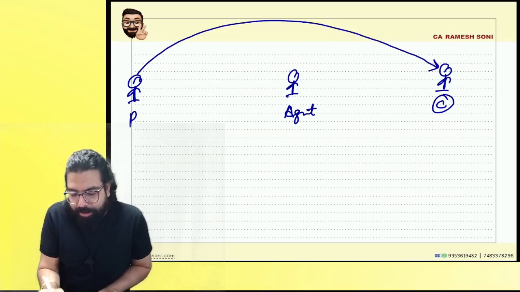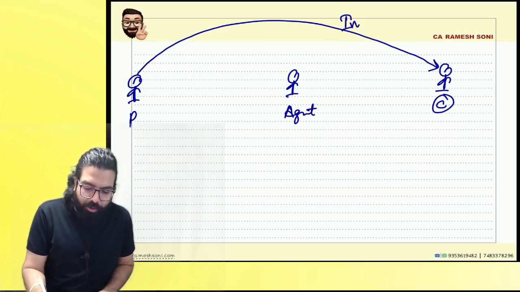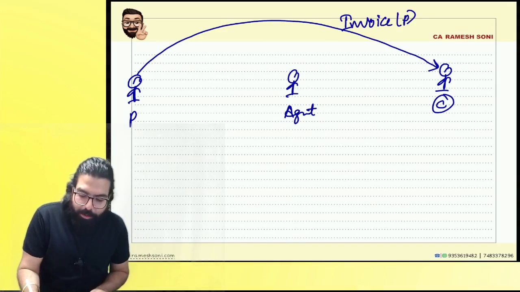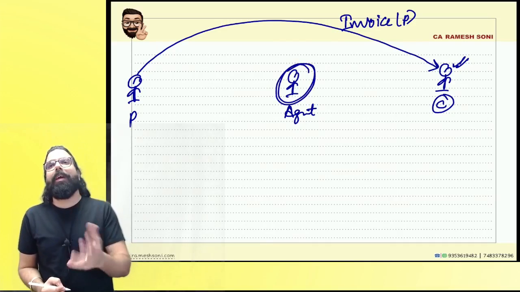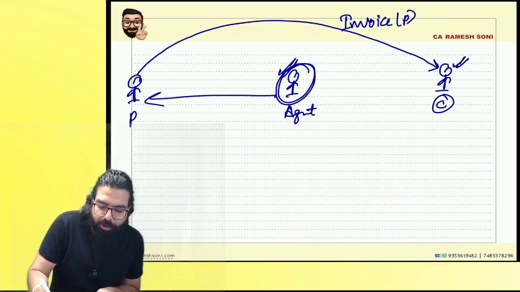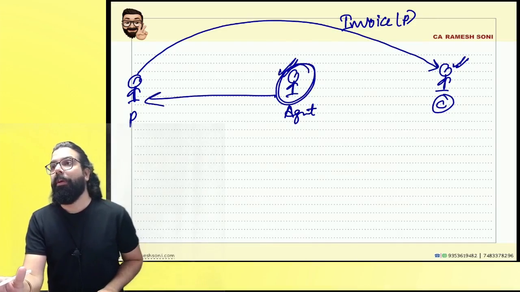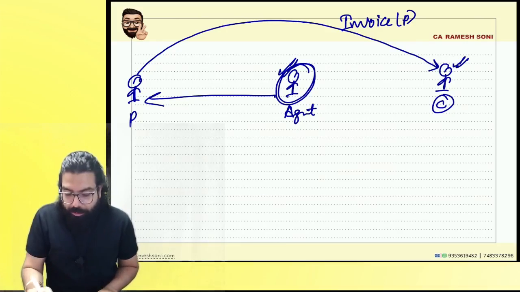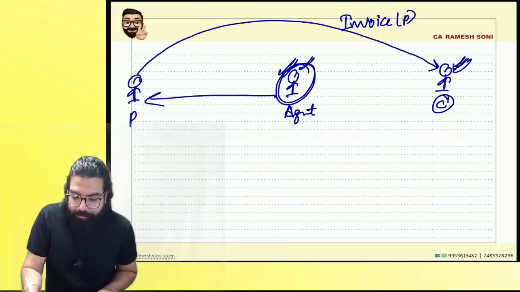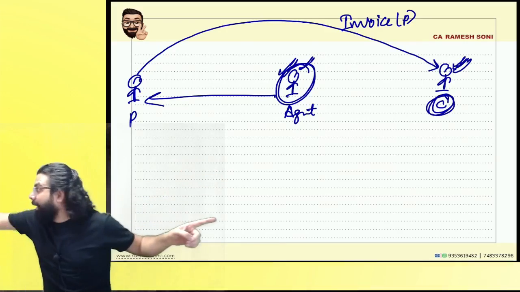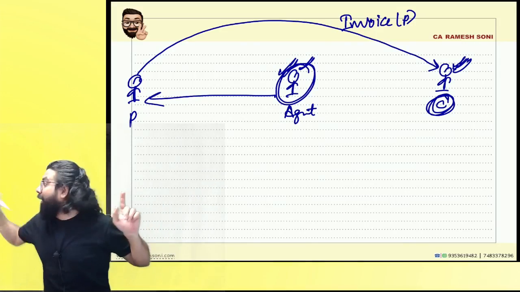Supplier went ahead and supplied the goods directly to the customer. Invoice issued directly by the principal in his name. Now, this customer was not making the payment. So, the principal told the Del Credere agent, hey, the customer is not making the payment. So, the Del Credere agent made the payment because he told, sir, don't worry, I will take care if any loss is happening. Are we clear? Now, what will he do? Agent will call him, hey, why are you not making the payment? On your behalf, I made the payment.